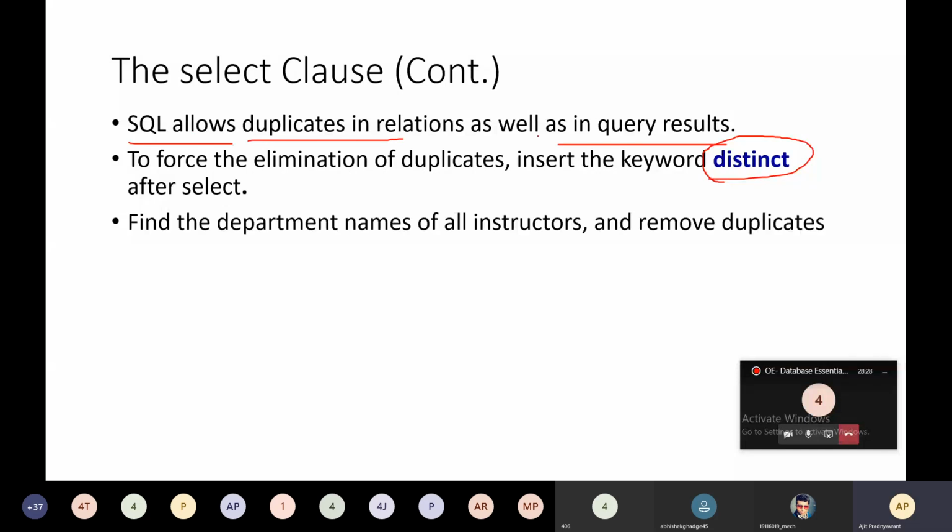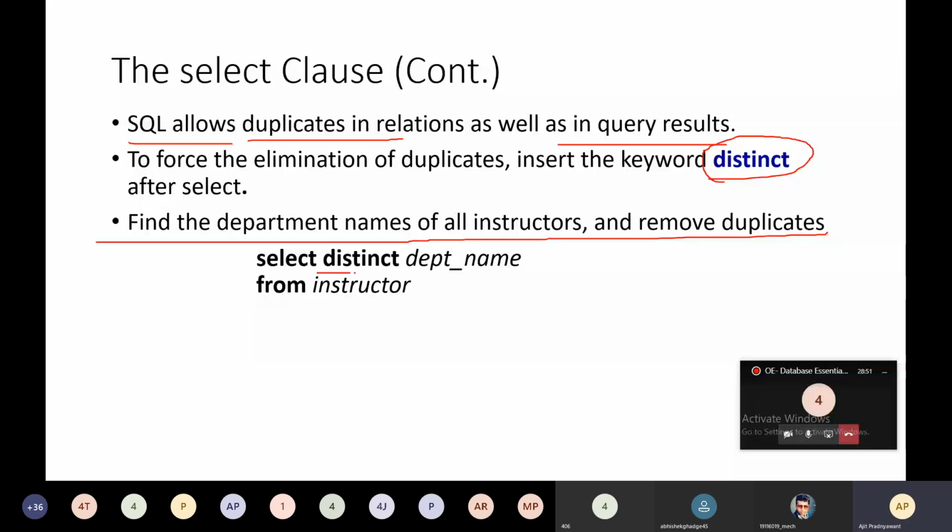Find the department names of all the instructors and remove the duplicates. Suppose this is the query. So how will you write the query? You can write the query like this: select distinct department name from instructor.